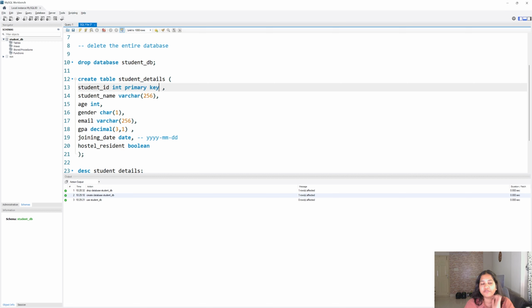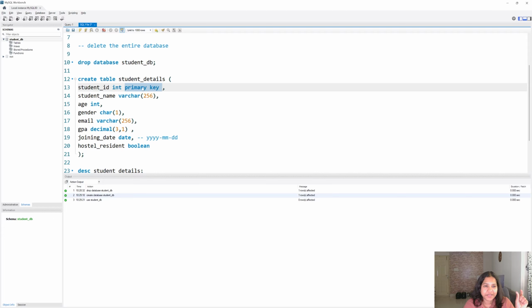Okay, so now if you ask me what is primary key, primary key will tell you that for each and every row, in the column student_ID, everything should be different. Like 1, 2, 3, 4, 5, like that, everything should be different. Okay, so that is the reason why we are using primary key.